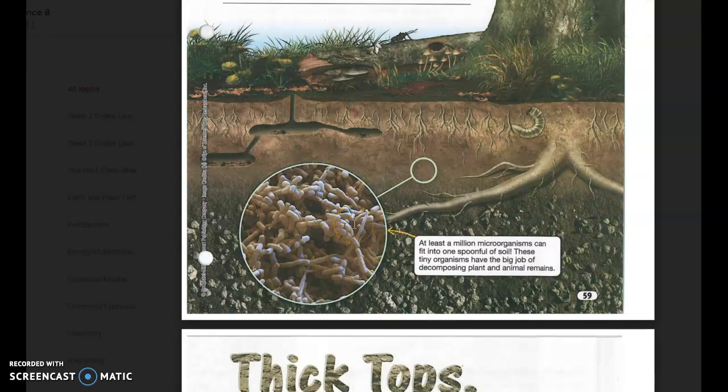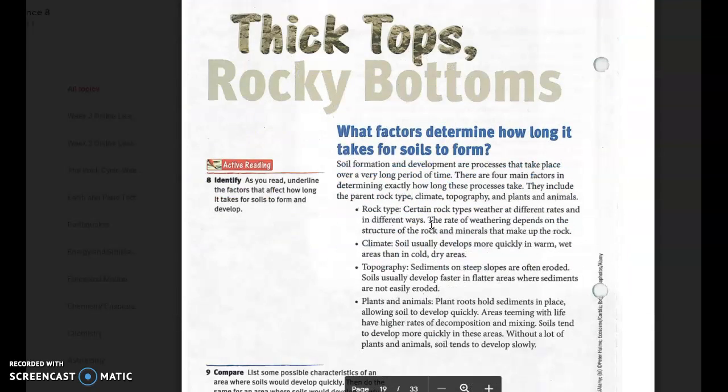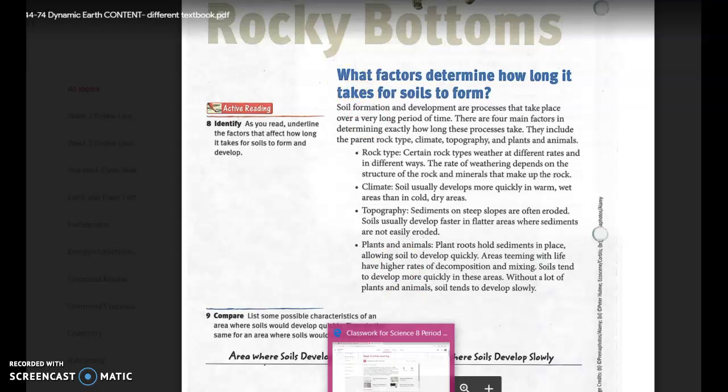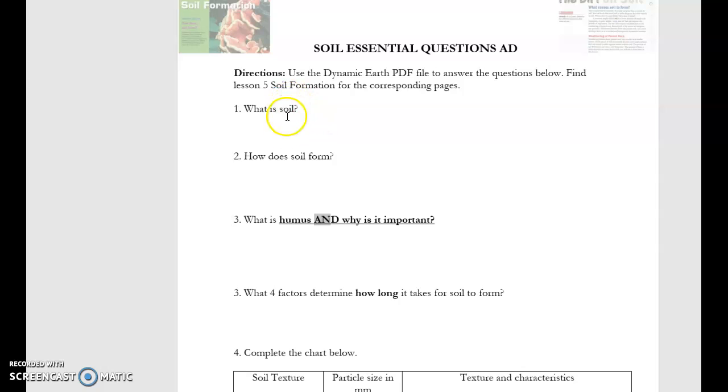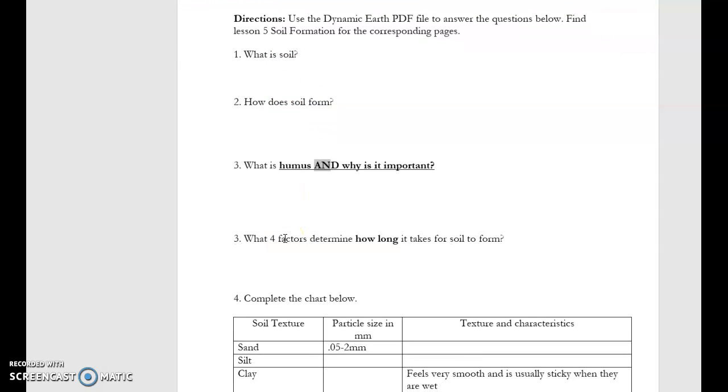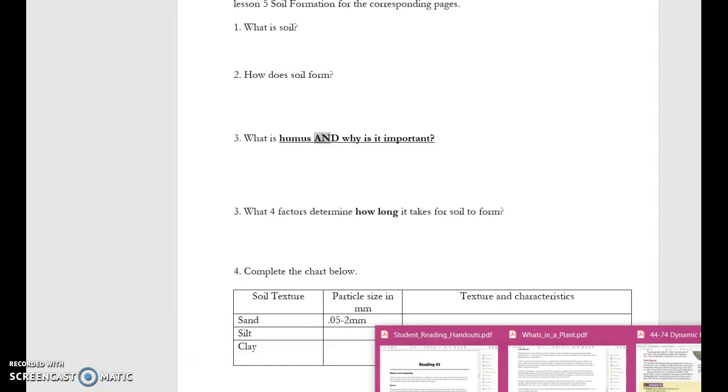Oh, there's a picture of our little microorganisms. So this is magnified. We couldn't see this with just our eyes. We would need a microscope to do so. All right, next question. So I'm just going to jump back here to our document. So we answered 1 through 3. Now we are, actually, I messed up the numbering. I'll fix that. So our next question is, what 4 factors determine how long it takes for soil to form? Okay, those 4 factors, we're going to jump back